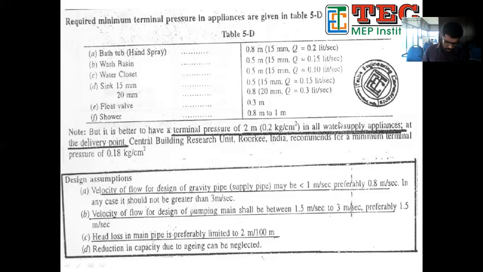So I was talking about the different types of pipe sizing, meaning different methods of pipe sizing. One is the WSFU method, which we are going to do today. Another one is the loading unit method, and the other one is the plumber's chart method. The most commonly used method here is the WSFU method, the water supply fixture unit method.